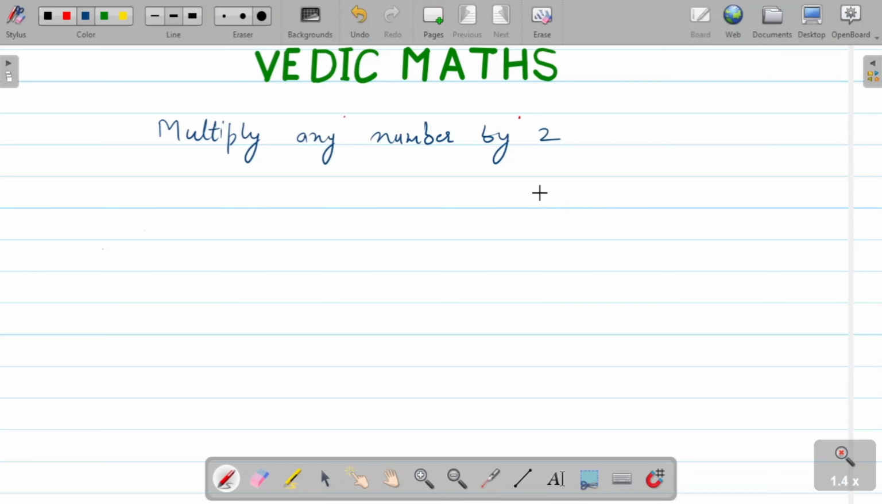Students, when we multiply 0 with 2, the answer is 0. When we multiply 1 with 2, the answer is 2. When we multiply 2 with 2, the answer is 4. 2 multiply 3, answer is 6, and 2 multiply 4, answer is 8. All of you know this. And in the next set, if we multiply